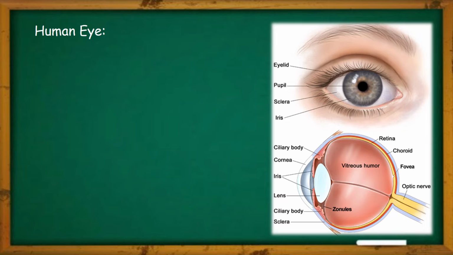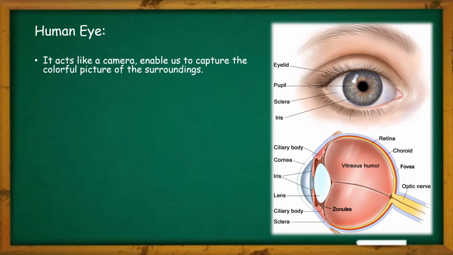Before knowing that, let us first of all know what the parts of the human eye are. The first part of the human eye is called the cornea. It is the outermost part of our human eye, a thin membrane through which light enters into our eye. It forms the transparent bulge on the front of the eyeball. Most of the refraction occurs at the outer surface of this cornea.